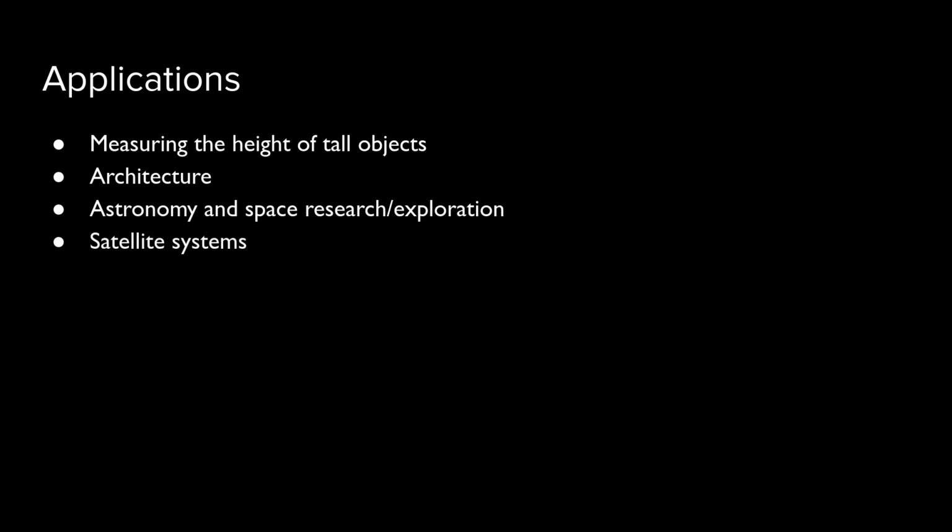Also satellite systems. To keep a satellite in orbit, you need to do the math to figure out how to keep its momentum well in comparison with the forces of gravity from both the Earth and the Sun, and occasionally the Moon, or wherever else you happen to be launching your spaceship. And trigonometry is vital in that. You have momentum going in multiple different directions, so you need to figure out what angle your satellite is going to be going in based on those directions, or if you already know what angle it needs to be going at, you can figure out how fast it needs to be going in a direction.